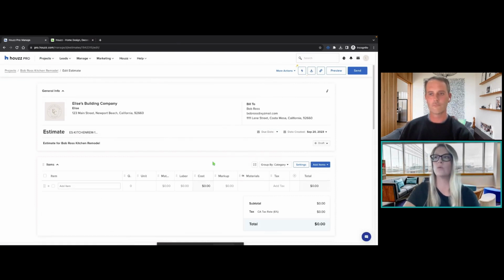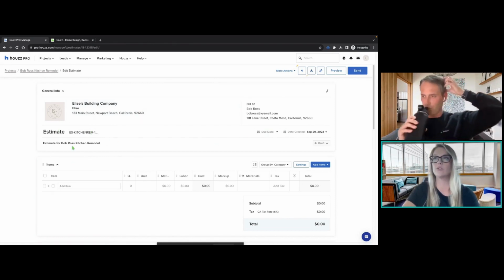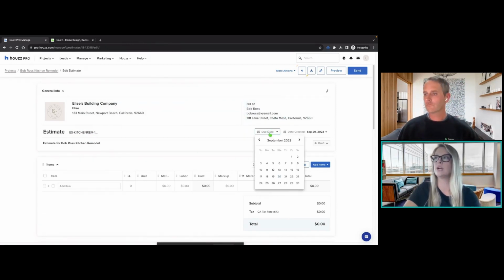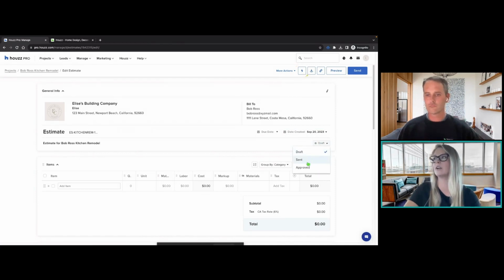estimate for you. So what will load in here already is your company information, the document information, as well as the project name, which all of these fields are editable, so you can change these if you need to, as well as the client's information. Other things you can update are like the due date of the document, when it was created. You can also hide this if you don't want to show that. And then the status here, which these will update automatically, but you also have the ability to change these manually